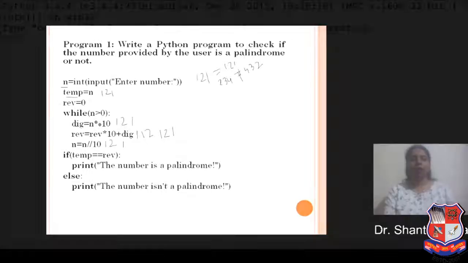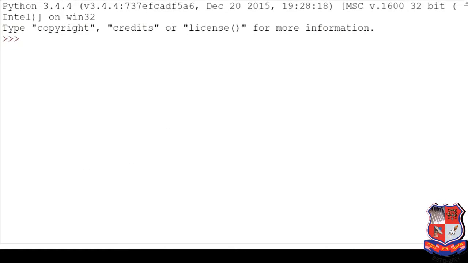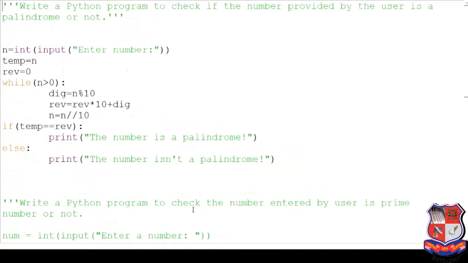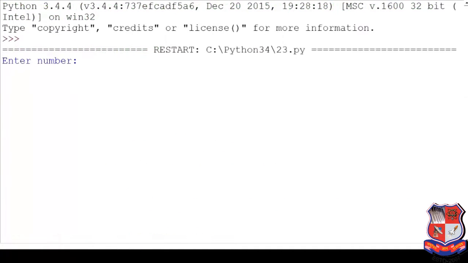Let's perform this program in IDLE and check whether the number is a palindrome or not. This program I have already written. Let's run this program and check the number. You can see it prompts you to enter a number. I put 121.